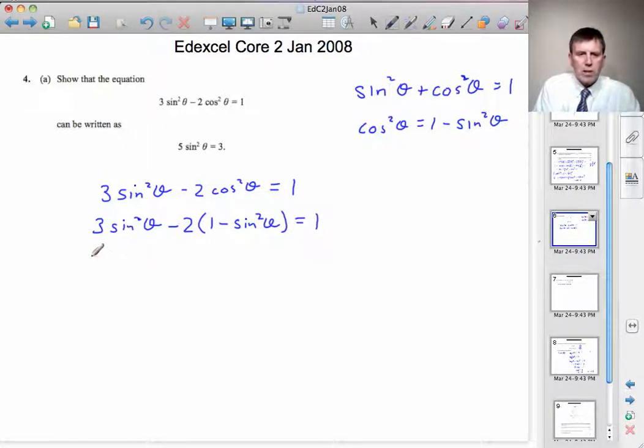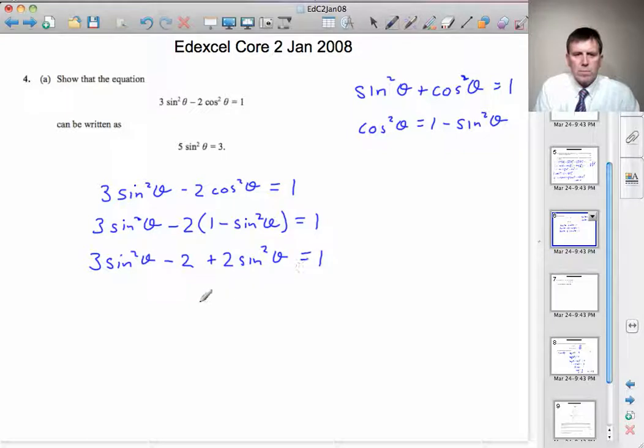Take off the brackets and we get 3 sine squared theta minus 2 times 1 is minus 2. Minus 2 times minus sine squared theta is plus 2 sine squared theta